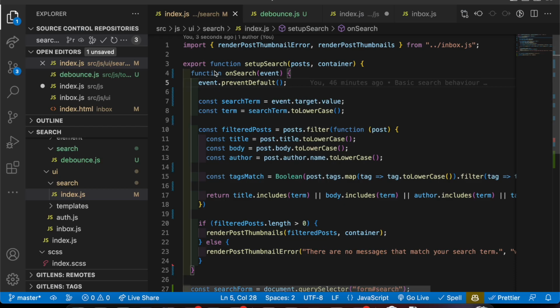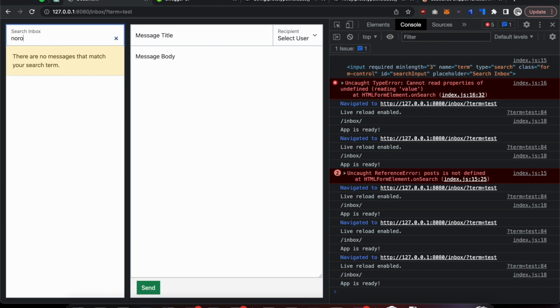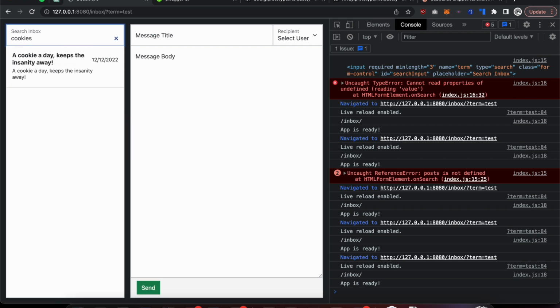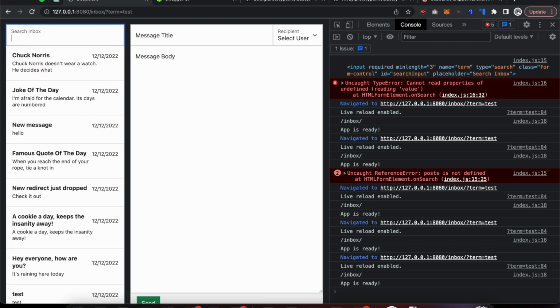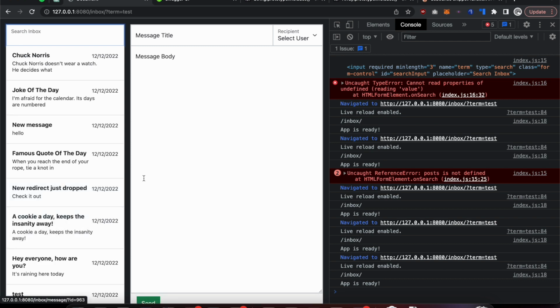If we wanted this to be reusable, we would be better off adding an argument, but in this case we can just nest them like that, and there we go. We now have a working search. If we make a mistake, we get an error. Okay, so